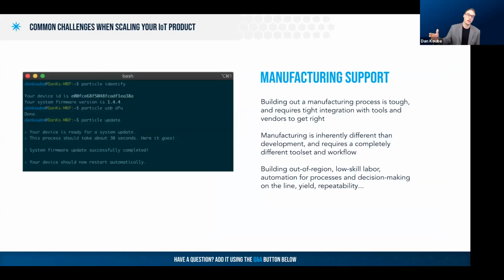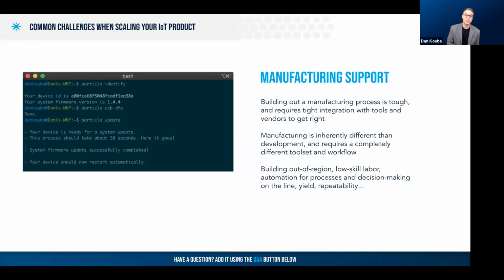Now, looking at the other end of things on the manufacturing side, once you've done your development, this is often a not thought about experience. Sometimes it may seem easy to extrapolate the developer experience to the manufacturing line using some of the same tools, potentially some of the same scripts to do programming or things like that. It really doesn't work that way. And in order to have something successful, you need to really take into view who is actually going to be doing this work on the line.